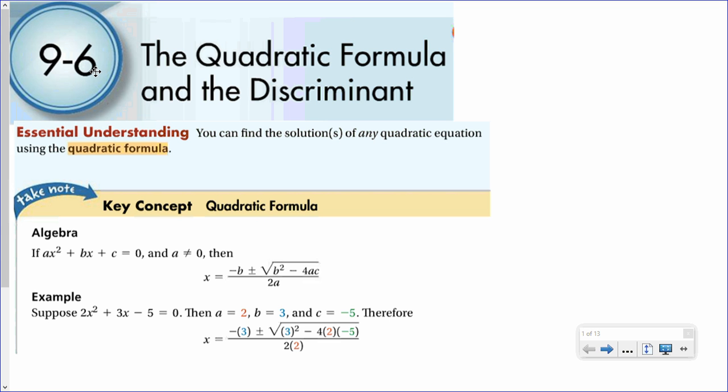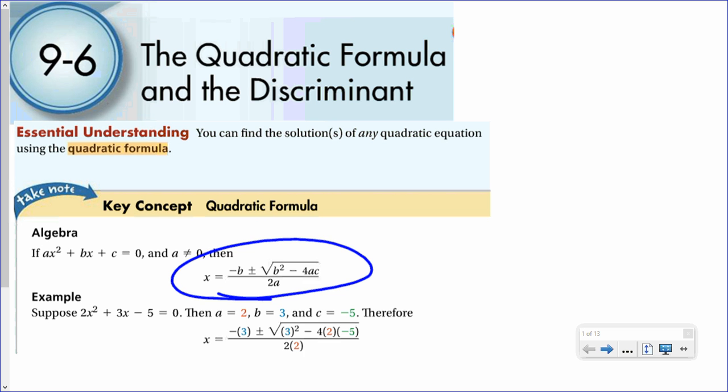This is the quadratic formula and the discriminant. Because I want to keep these videos short, I'm just going to go over the quadratic formula in this video, probably the more important of the two things. The quadratic formula helps you solve for your x, or the x-intercepts or the roots or the solutions on a quadratic. And it's all based off of this formula